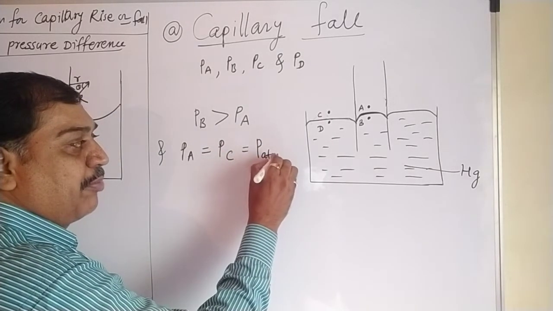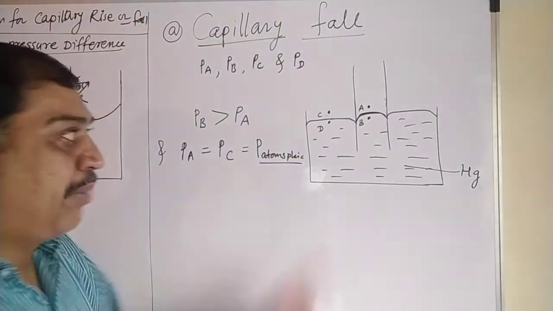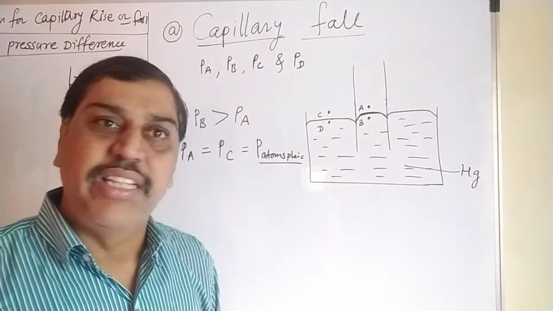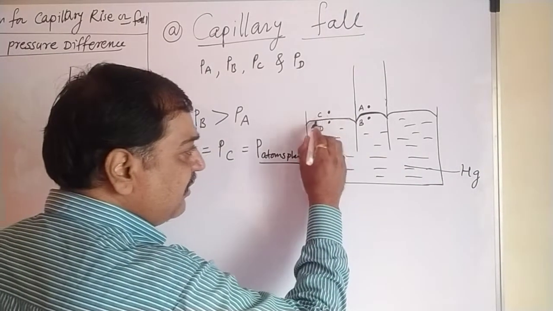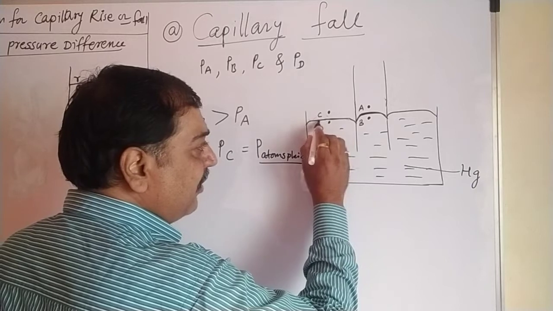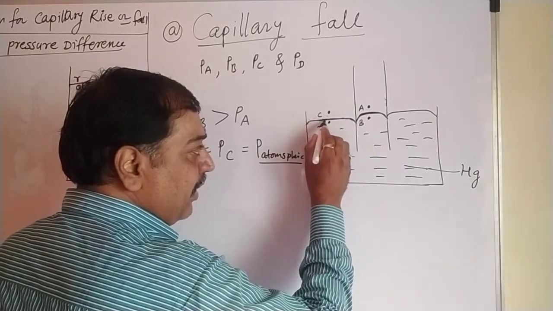So it is atmospheric pressure, and both pressures must be the same, because these are the pressure of atmosphere. They are not inside the liquid. Apart from this, the third part: if we see points C and D, they are below the plane surface. This surface is plane here. It is convex here and here, but here it is plane.